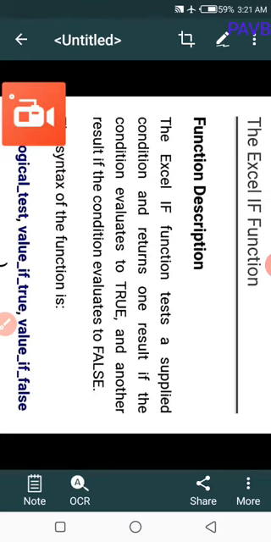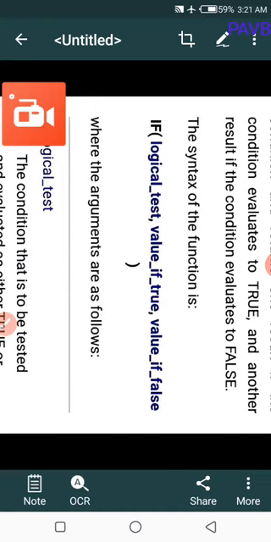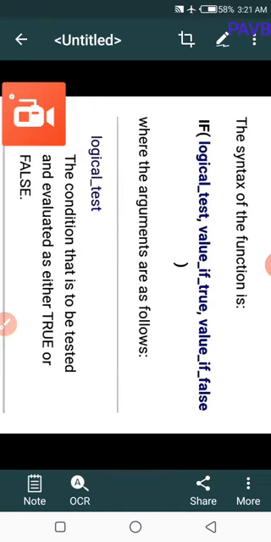Next function is the IF function. The Excel IF function tests a supplied condition and returns one result if the condition evaluates to true and another result if the condition evaluates to false. Syntax of this function: =IF(logical_test, value_if_true, value_if_false), where the arguments are as follows. Logical test: the condition that is to be evaluated